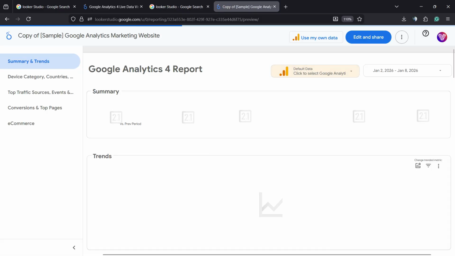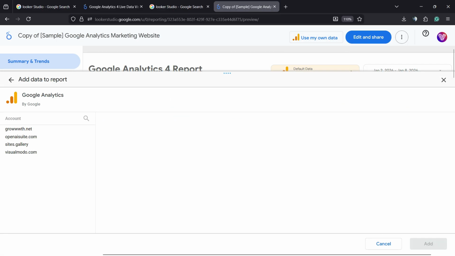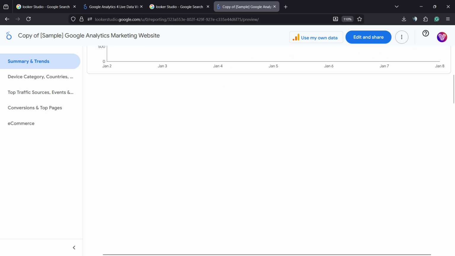Then you're gonna be able to see a button in the upper right corner of your screen. Next to edit and share, there is this button, GA4, use my own data. Click on it. Then select your property, okay? And Looker Studio is gonna load the data from this domain. In this case, I'm using the growth.net domain, okay? So if all the data is okay,